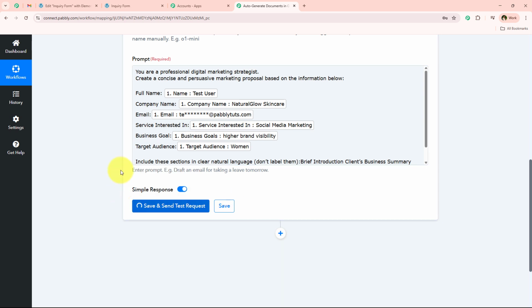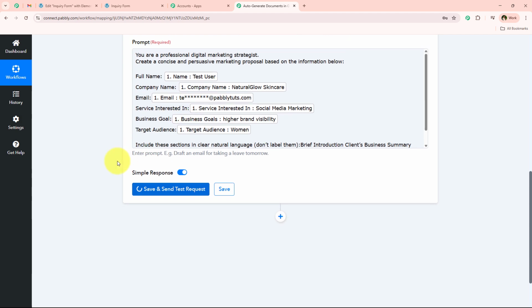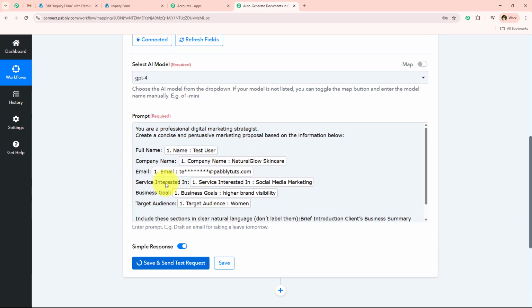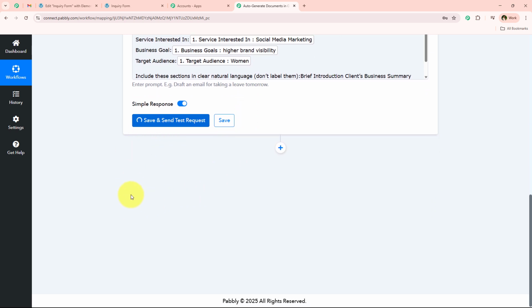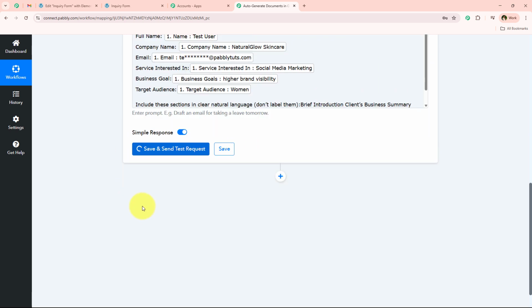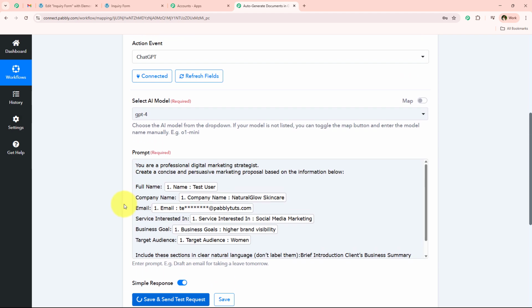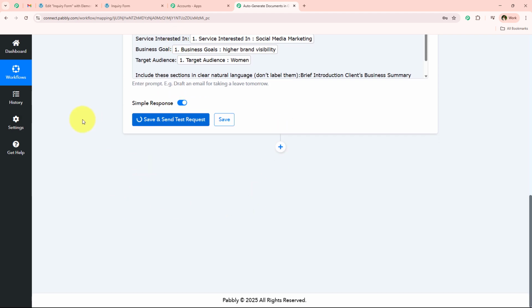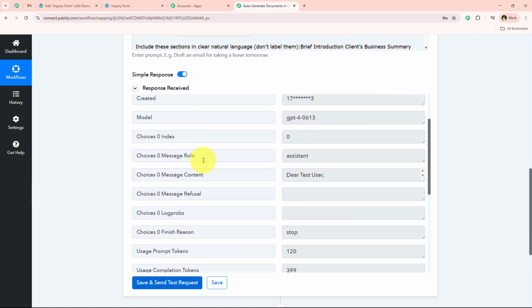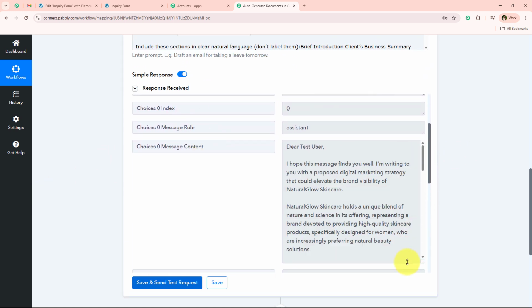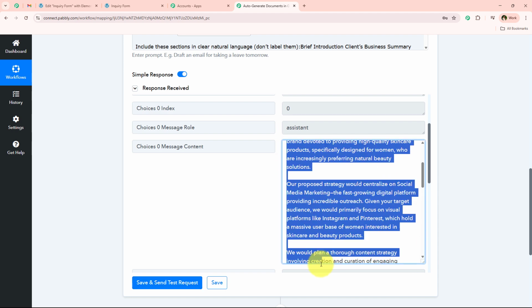So I'm just going to click on this save and send test request, and once I click on it, automatically within seconds and in real time, my AI agent is going to generate me the proposal. So I just have to wait for a few seconds till it is generating the proposal right over here. And as you can see, the proposal has been generated. Over here in the message content, you can see the whole proposal which has been generated for this Natural Glow